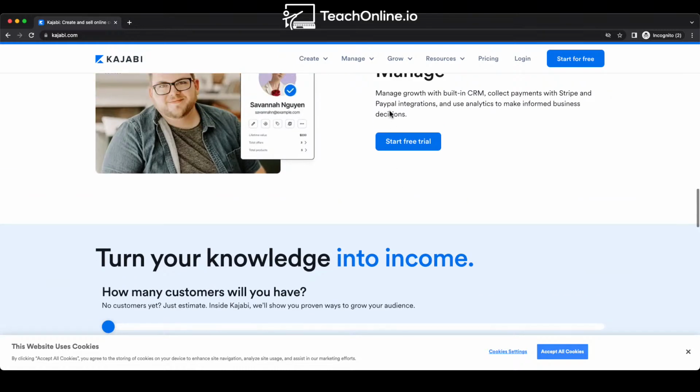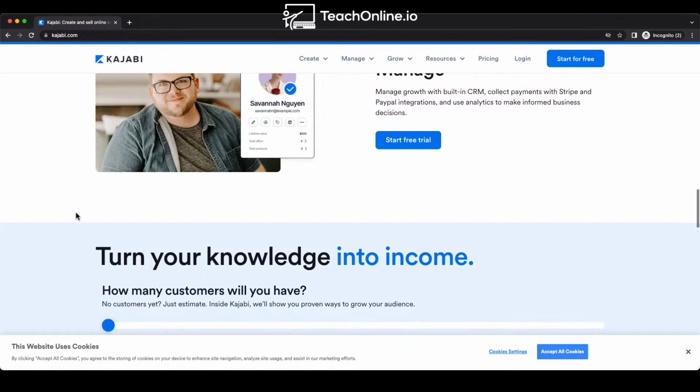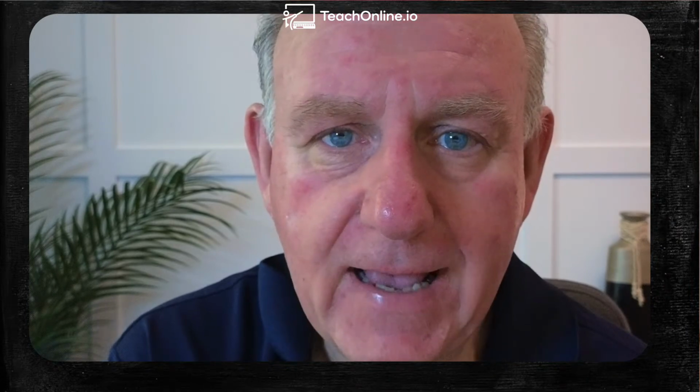The other thing is it has a built-in CRM, or customer relationship management piece of software, that allows you to keep track of who's bought my course, who I've been marketing to, who hasn't bought, who's a member, who's not a member. So that's an example of software as a service, and that's the second way that you'll be able to sell your courses. Again, we're going to get into the pros and cons of these, but I just want you to be aware that those are the first two ways that you can do it.